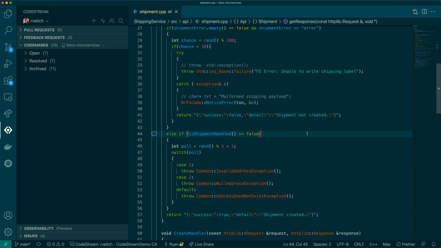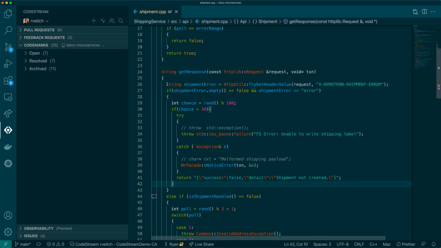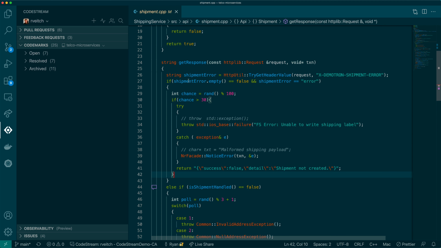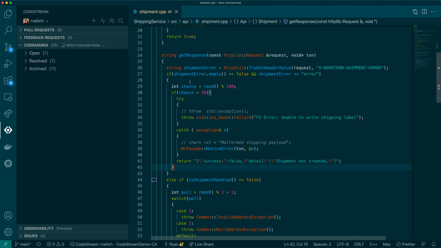Code marks are similar but slightly different, where with code marks, we don't necessarily need to be making a change to the code. So instead, we can be reviewing a piece of code and maybe we have questions about it. Maybe we're not necessarily changing anything, but we are trying to interpret the code. We're trying to just discuss things to get a better understanding of what's going on.